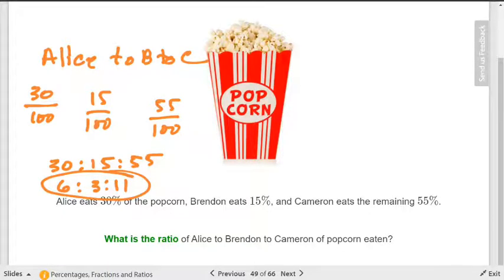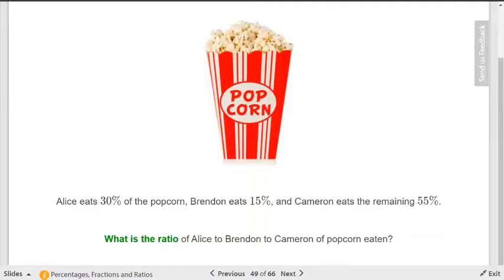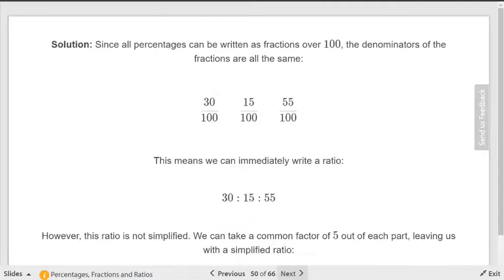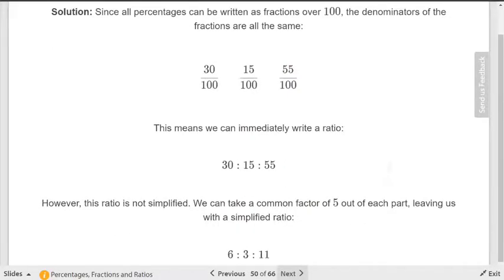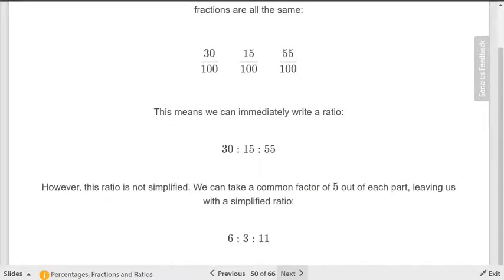Okay? You guys, y'all were so calm. Well, you're going to have some homework where you simplify ratios. So there it is. So that it's each 1 over 100, and then 6, 3, and 11. Because you must simplify them. Yeah? Okay. So,